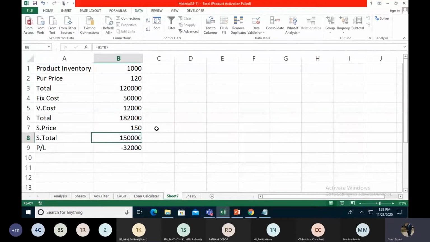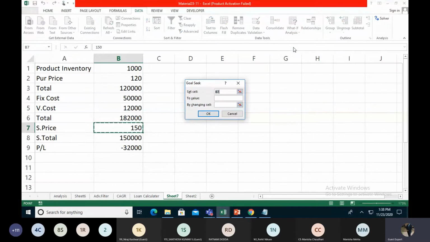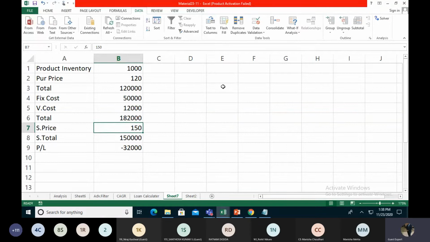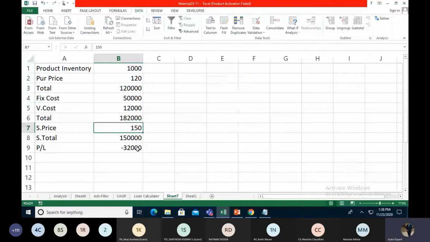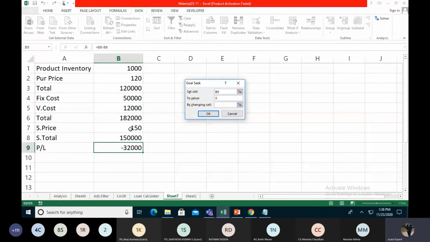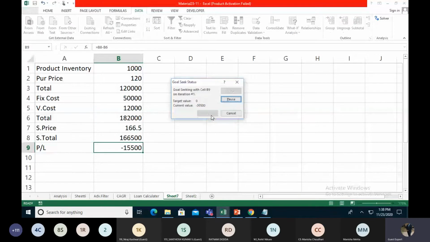Okay, so for the Goal Seek we need a base price, like a break even point of this product. So we are using the Goal Seek function over here. Then the advanced version of Goal Seek is Solver. So first of all, the set price is sales. So in Goal Seek we just set a goal as B7, sorry, profit and loss. We set their goal and we're putting it as 0 by changing which value, the sales price.